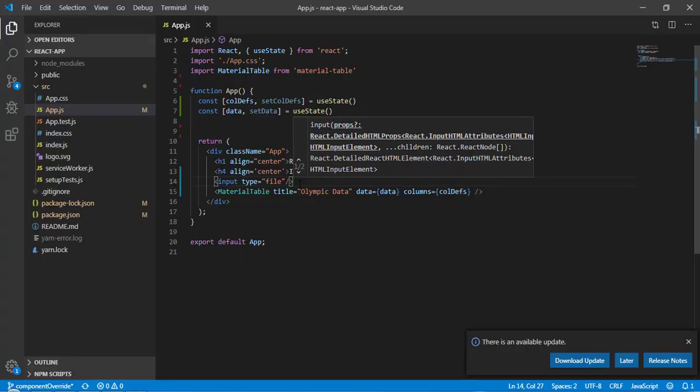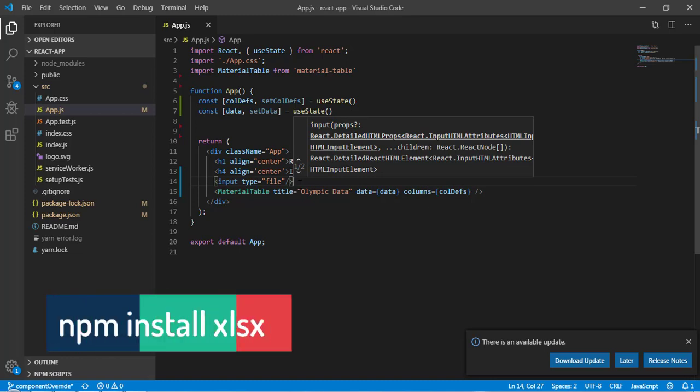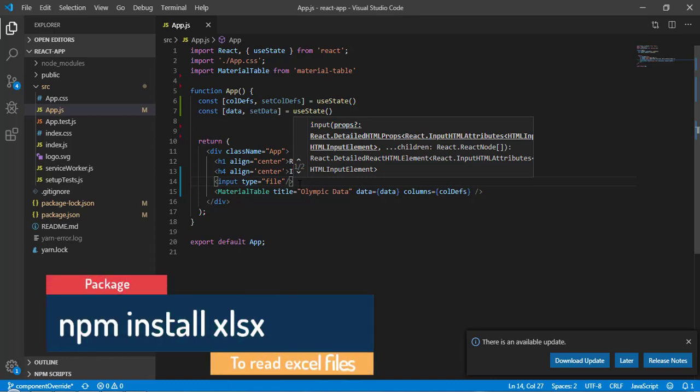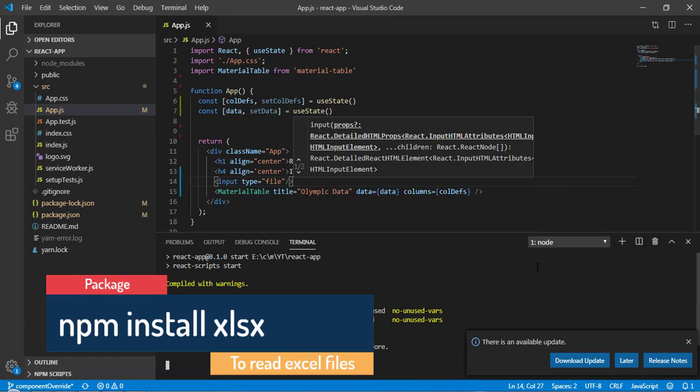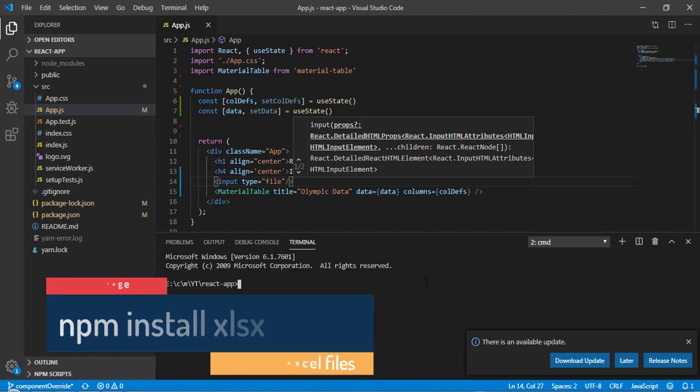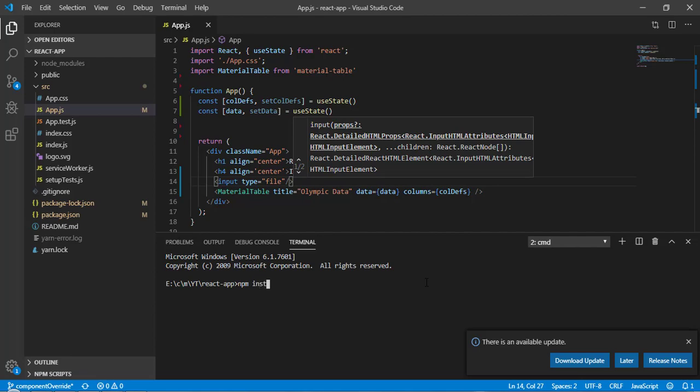So now our task is to read this file, extract data from the file and set it to the table. In order to read Excel and CSV files we need to install a package called XLSX. So here let's go to the terminal, and you need to run npm install xlsx.